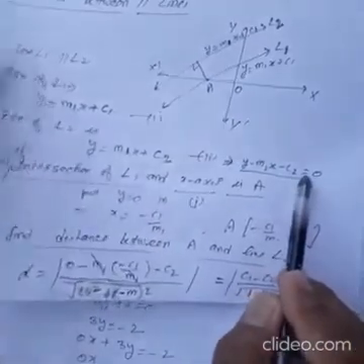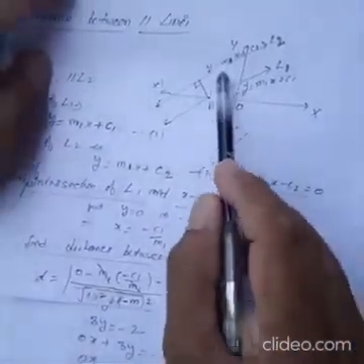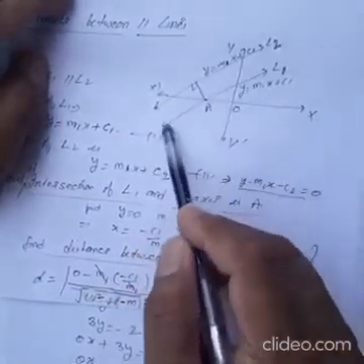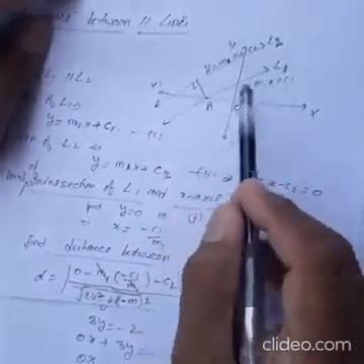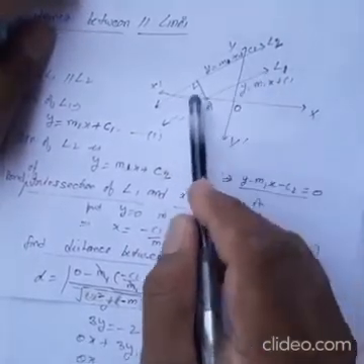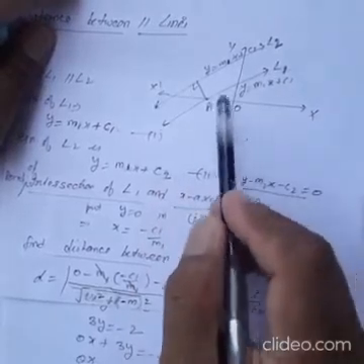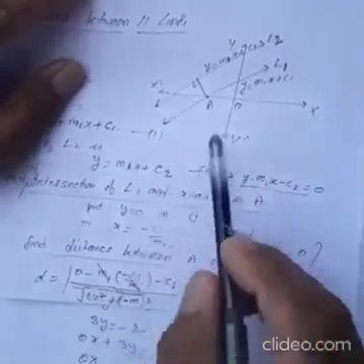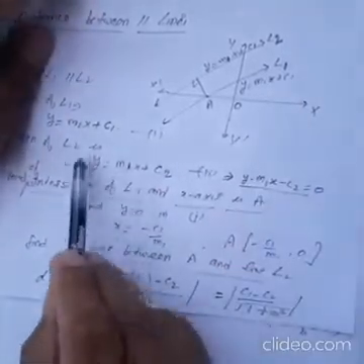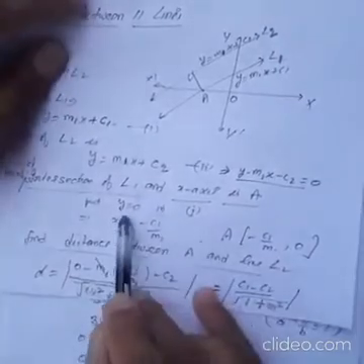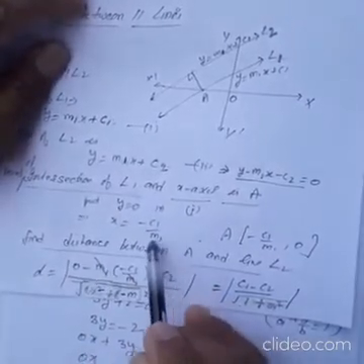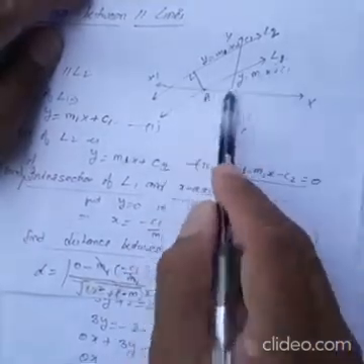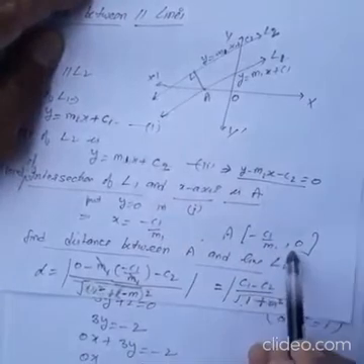This is the equation. Now we will find out the distance between these two parallel lines. We will find any one point on the L1 line. It is easy to find the point of intersection of L1 with the x-axis or y-axis. So here we are finding with the x-axis. On the x-axis we know the value of y is 0. So you put y = 0 in L1, and find the value of x, which is minus c1 upon m1. And the point A, the point of intersection of L1 and the x-axis, is (minus c1 upon m1, 0).